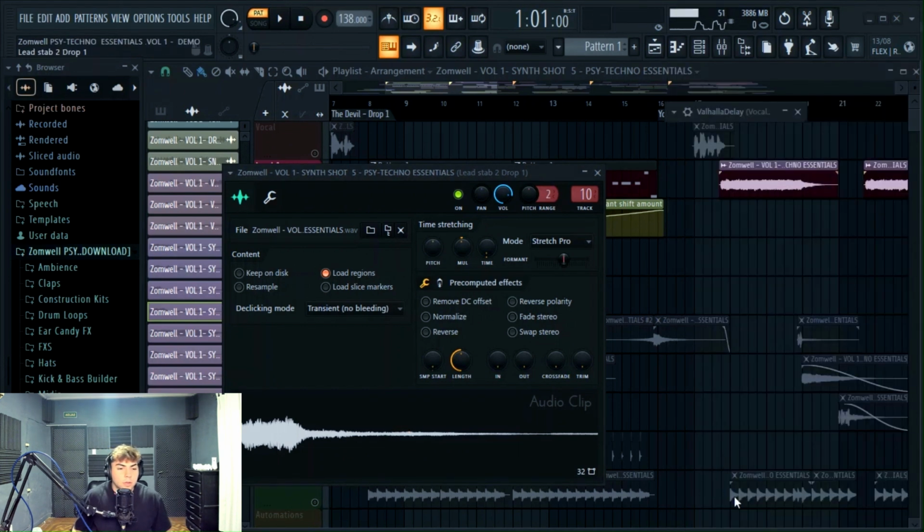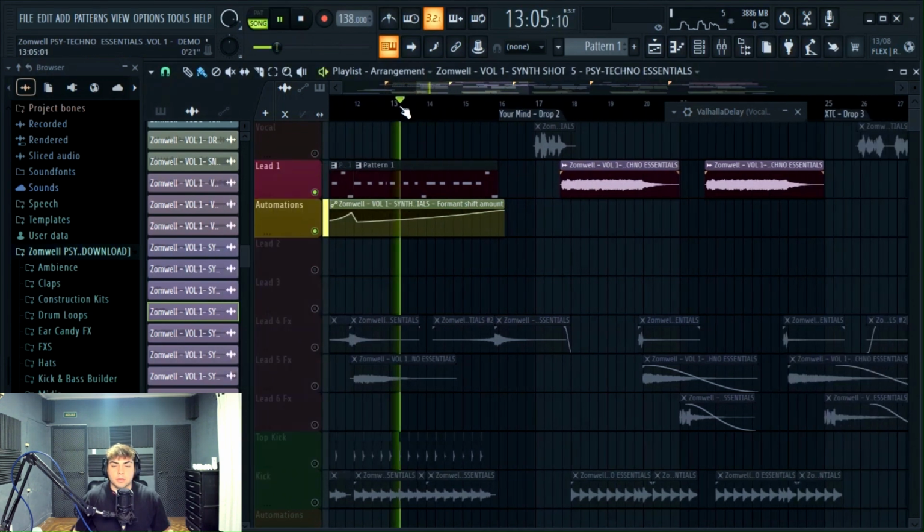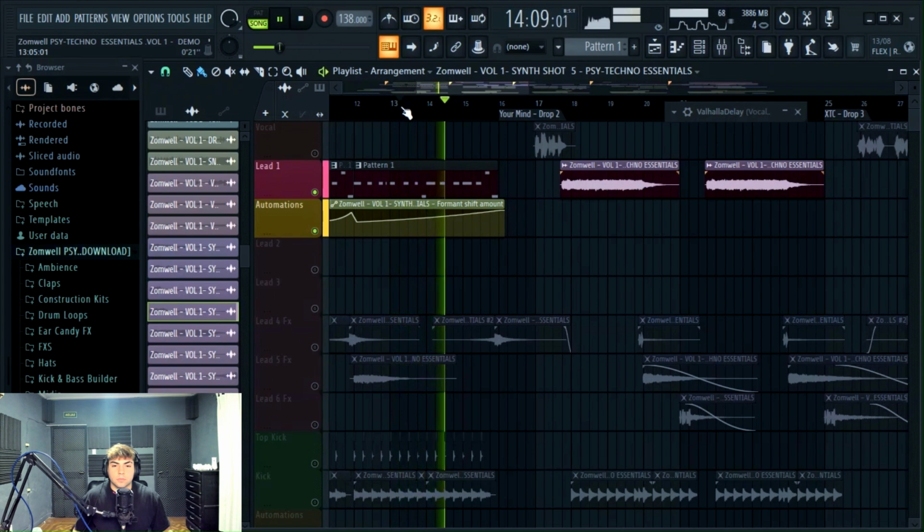It's cool, and without effects it sounds like this. And modify a little bit the multi and the time for the tempo of the project. And create an automation clip for Stretch Pro to make these effects. Okay,